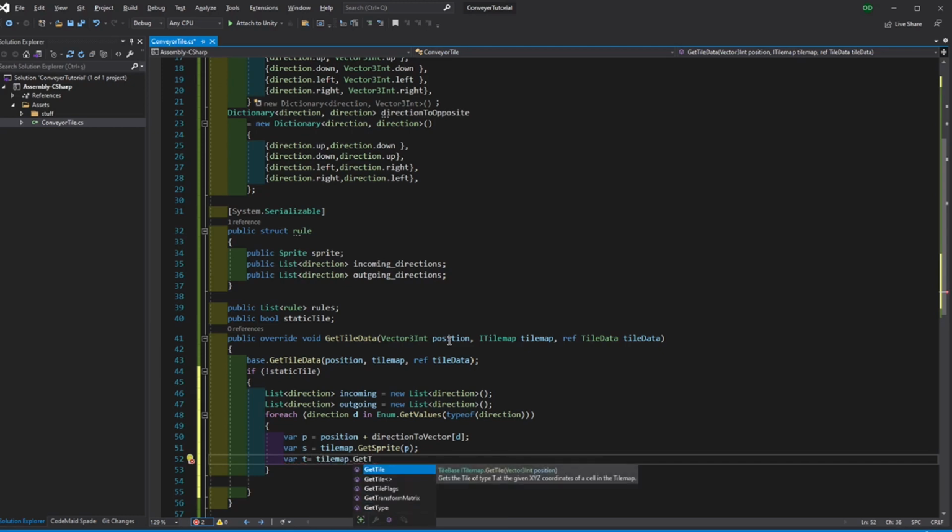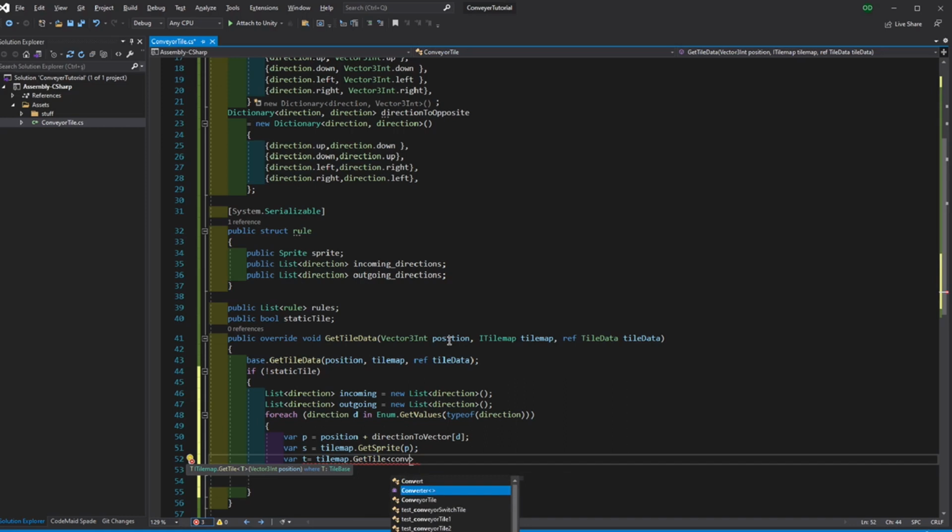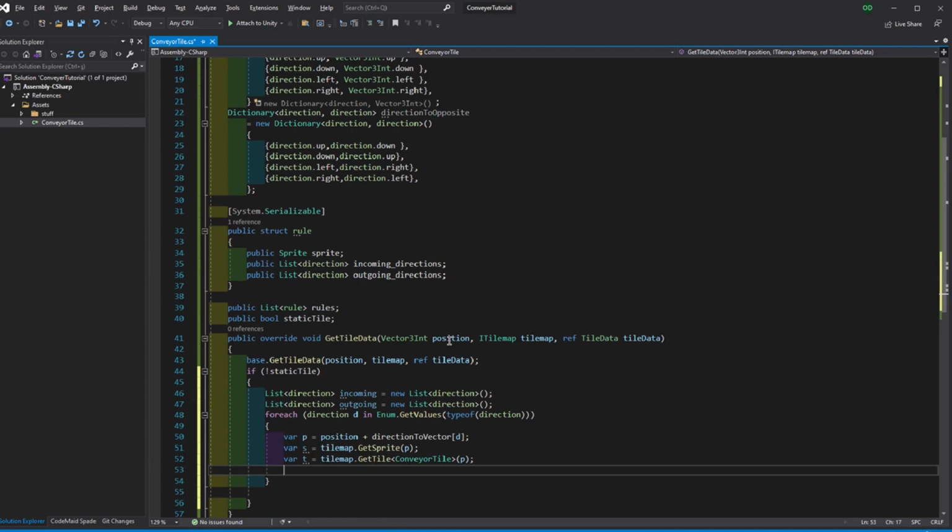If we don't end up needing it, we can just remove it, but we need to make sure that it is a conveyor tile for the same position. And then we need to check if the sprite of this tile actually has a matching rule,